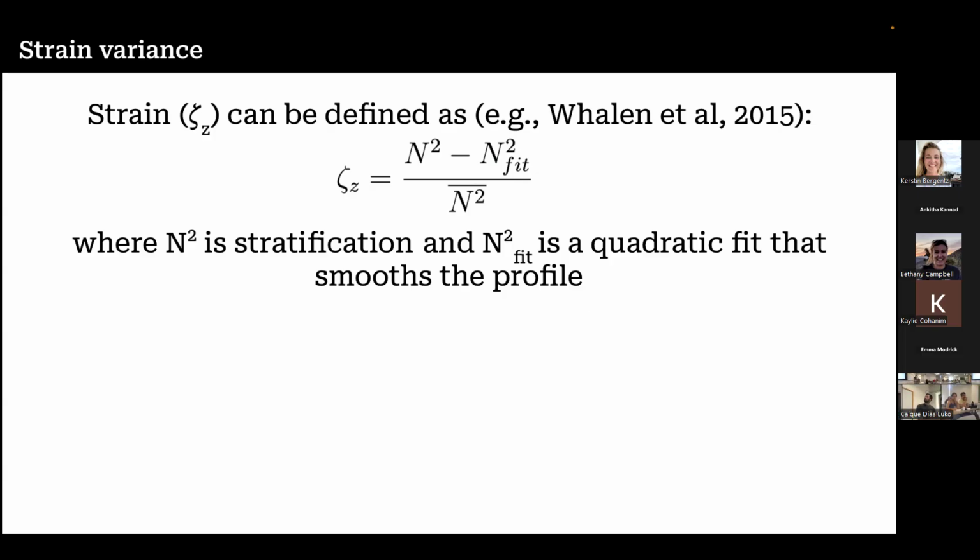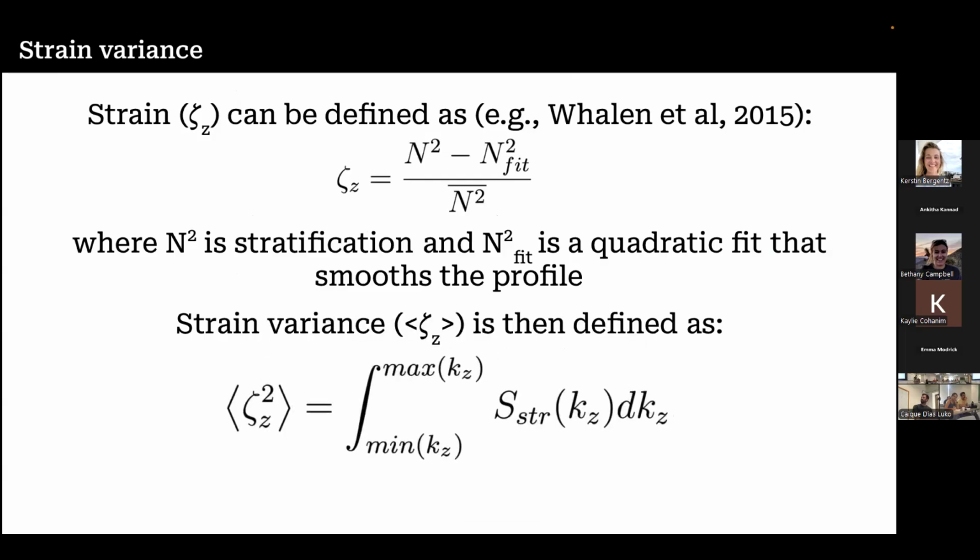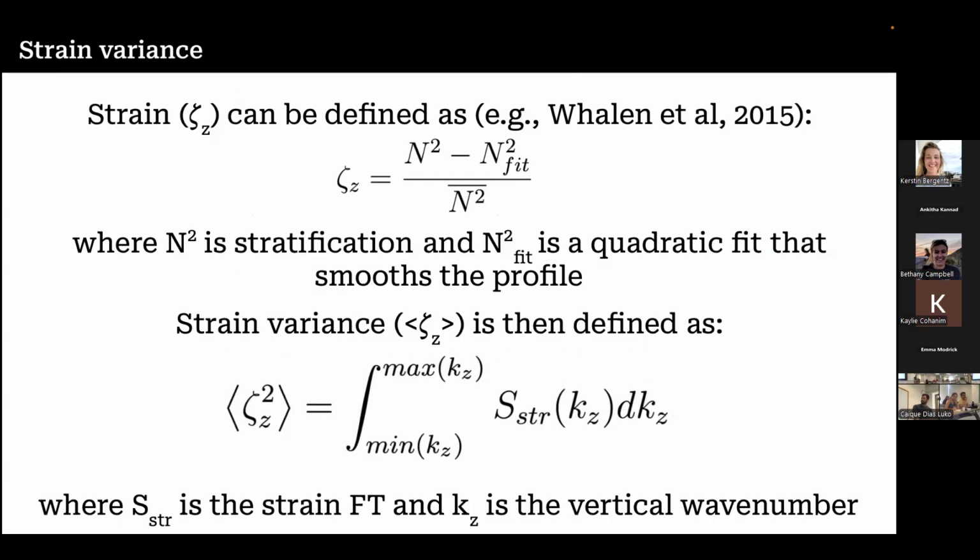So this is the strain, and then the strain variance is defined by this equation here, where S_ξ is the Fourier transform of the strain, and kz is the vertical wavenumber. So you get the strain variance by computing spectra of the strain over different segments along a profile. Okay, this is a really crazy equation, fun, but why do we use this? So as I said,